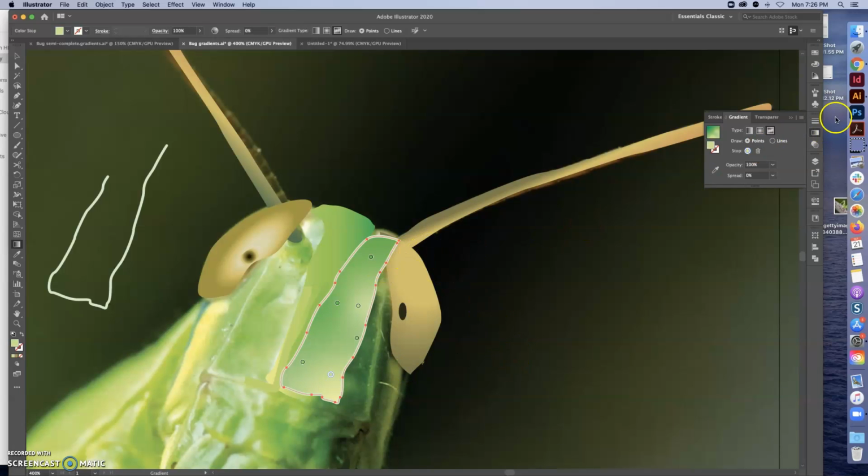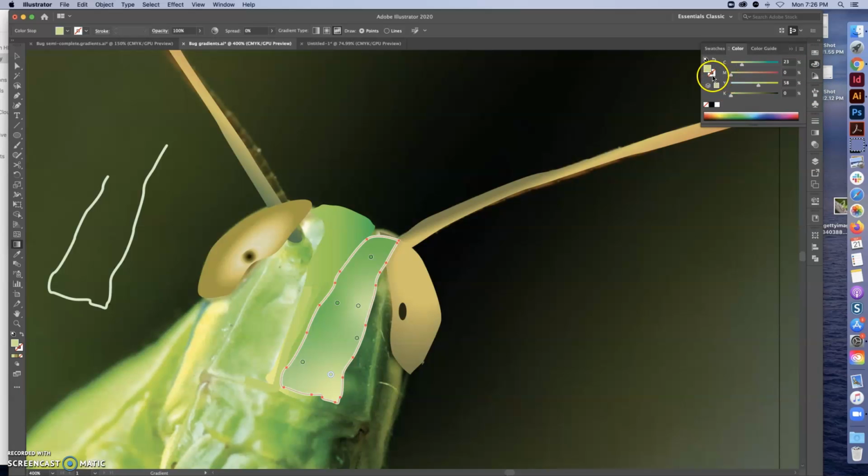Now I still have this white outline, which I don't need here, so I can go up to my palette and select this shape, and that outline, I will put that through it. And then I can go over